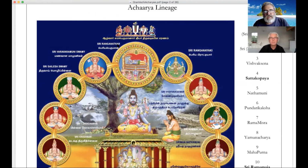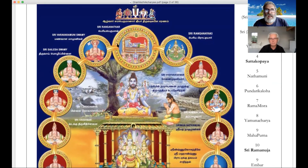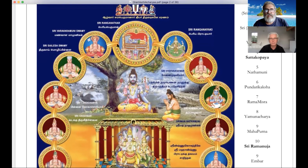Now we're going to see a little bit more. The Guru Parampara Ratnamala, the mala of jewels, the garland of jewels, that is the Guru Parampara of Sri Vaishnavism. Now it starts here with Sri Ranganatha. Sri Ranganatha means the Supreme Lord in Vaikuntha. The earth, Sri Rangam is Bhuloka Vaikuntha. So Ranganatha is the deity, he's lying on Shesha